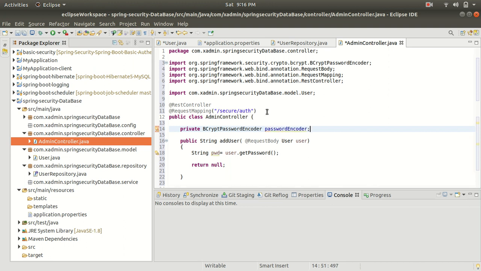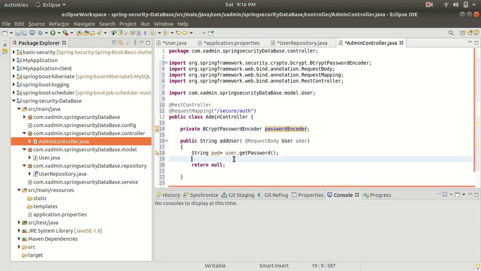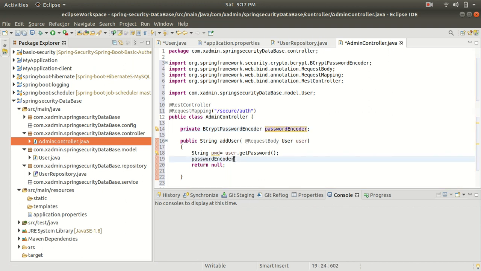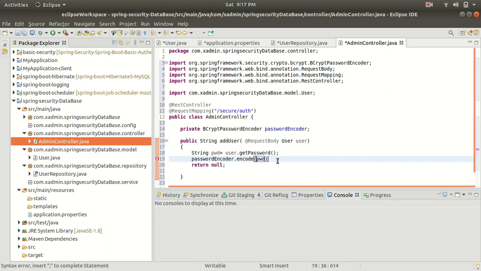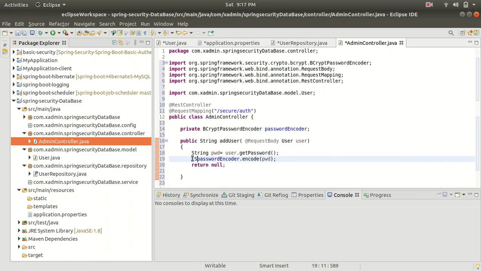All right, so guys, with this password encoder I am going to call the encode method, and here I am going to pass our pwd variable in which we have stored the password from the request. All right, so let's store this in an encrypted pwd variable.